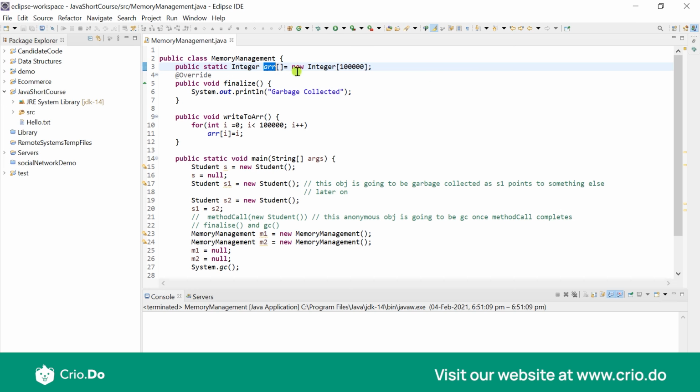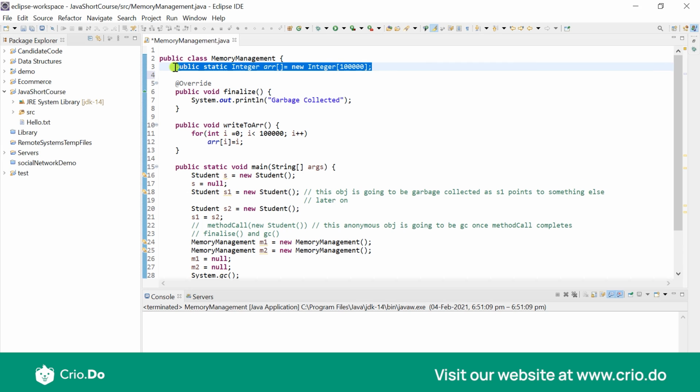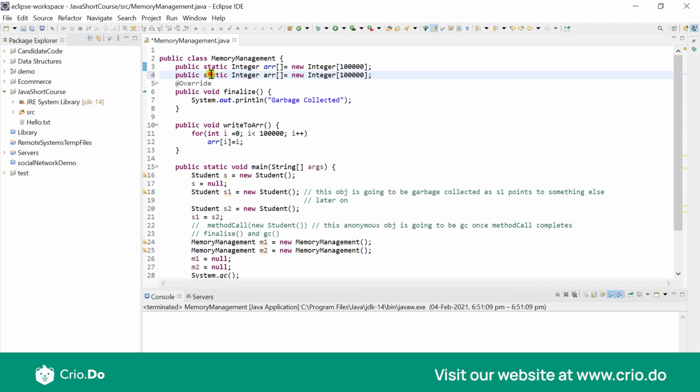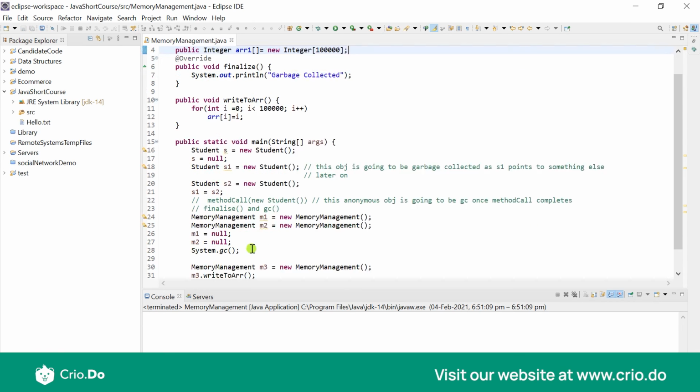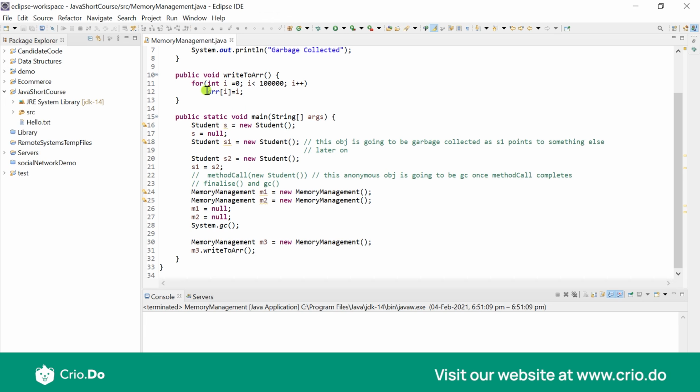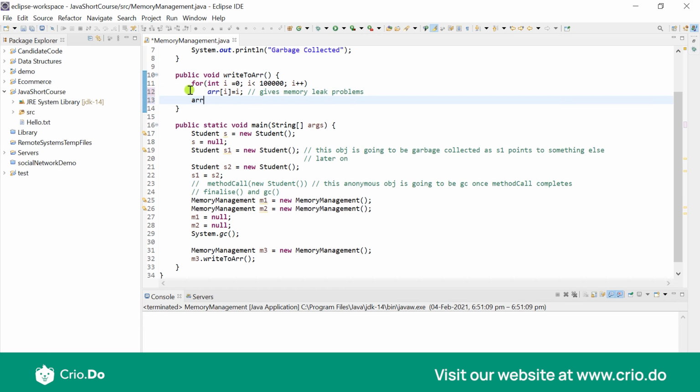So instead of this, if we did not have static, and we just had a simple integer array, arr1, for example, and I worked with that array, this is going to give me memory leak problems. But if we used something like arr1[i] equal to i,